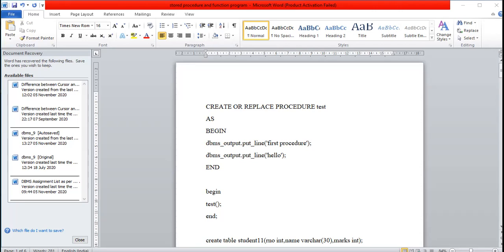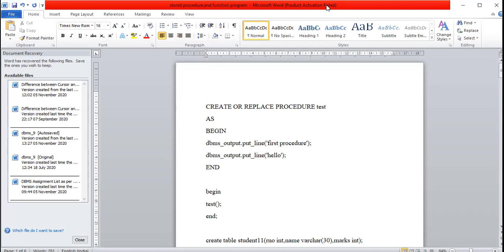We cannot call a procedure using a select statement, but we can call a function using a select statement. So these are some basic differences between the stored procedure and the function in SQL.